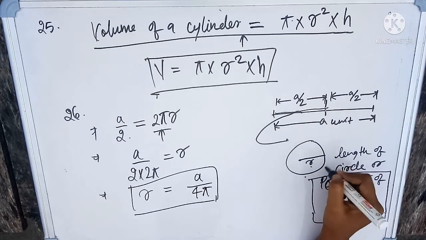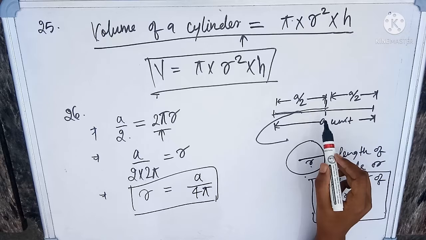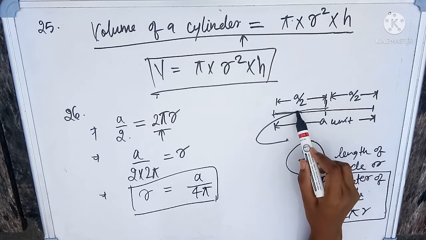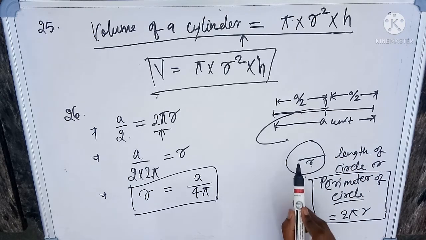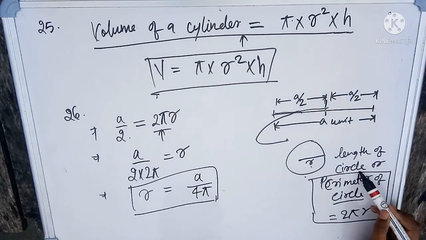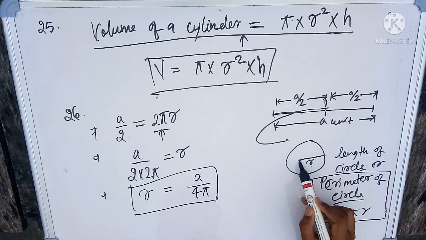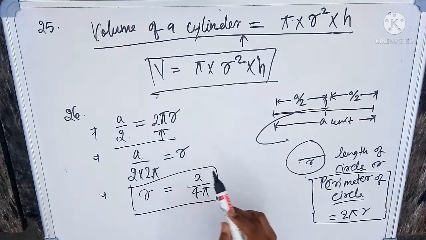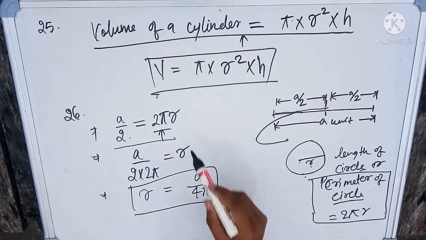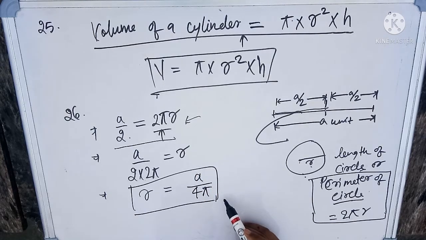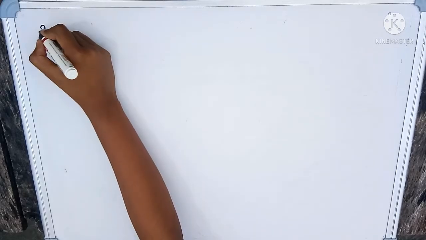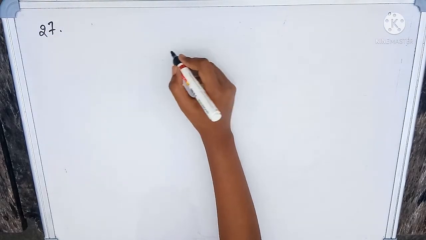Now because this circle is made from the half of this wire and which length is equal to A by 2, so we can write it as the length of the wire is equals to the length of the circle, and we know that if you have to find out the length of any circle, then it is equals to perimeter of that circle. And also we have given that r as the radius, so we can say that A divided by 2 is equals to 2 pi r. And from here we can easily find out the r as a subject, or you can say the formula for r.